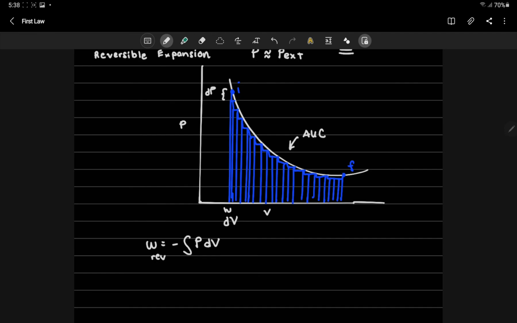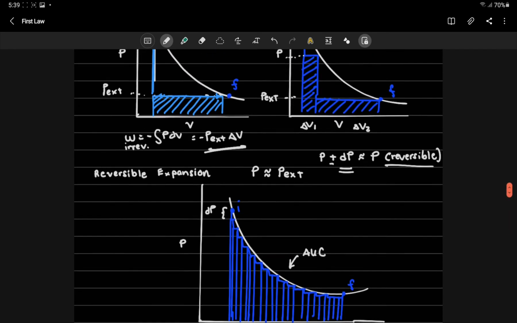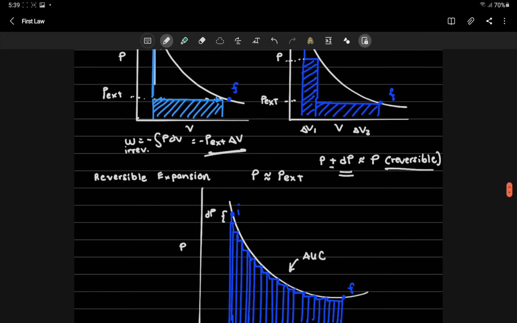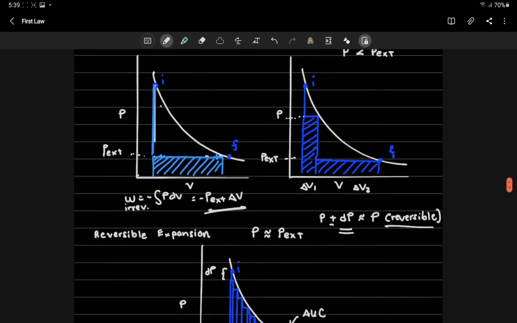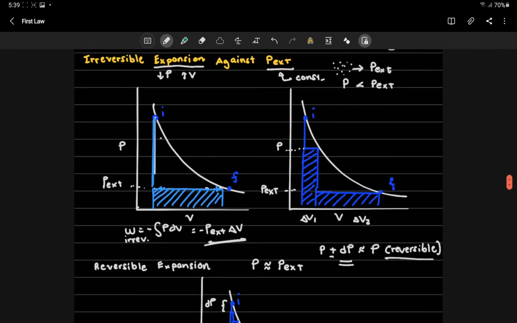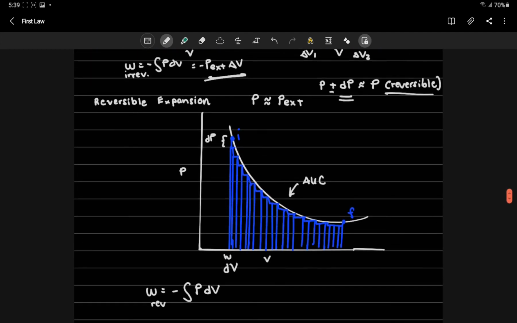And if you notice, yung area na yan is a lot larger compared to the area na nakita natin kanina sa irreversible expansion. Okay? So area, so let me write it like here, area for the reversible expansion, okay, graphically,